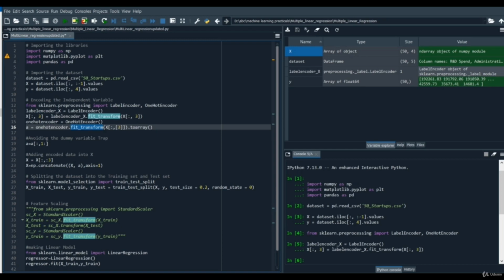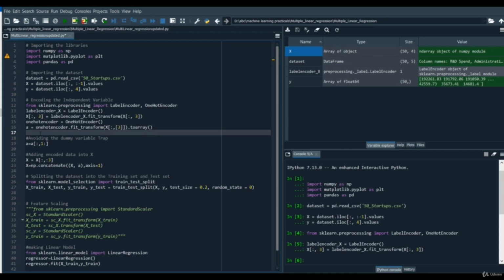So we use the independent variable X, and in the square brackets we pass colon for all the rows and 3 for the third column only, and then we use .toarray() to convert the output of the one hot encoding into an array format, and let's assign it to a new variable, let's say a.